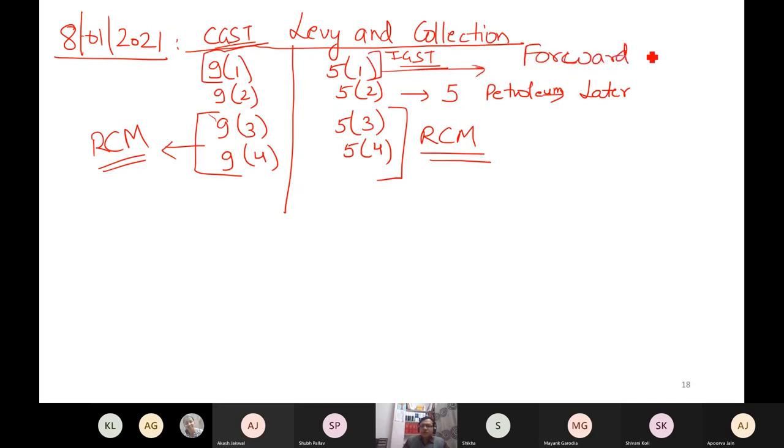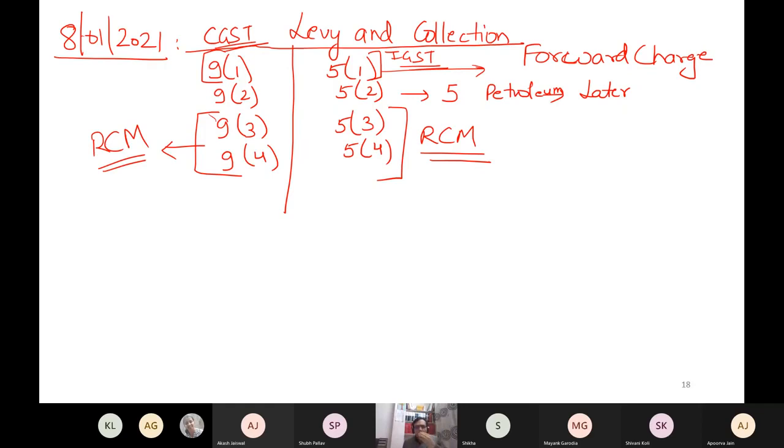Forward charge. What do I mean by forward charge? Where the supplier is liable to pay the tax to the government of India. Of course, the supplier has a right to collect that tax from the recipient, but as far as the relationship between the government and the person who has to deposit the tax with the government is concerned, the recipient is not liable as per section 5.1. The supplier is liable. You must understand this point that normally in all the cases, the supplier is liable to pay tax to the government of India. But the supplier can collect from the recipient, that is the supplier's right. But the government will not catch the recipient. Until I cover the reverse charge mechanism situation, the government is not going to ask the recipient. Government says, as a supplier, you are responsible to pay us the tax.